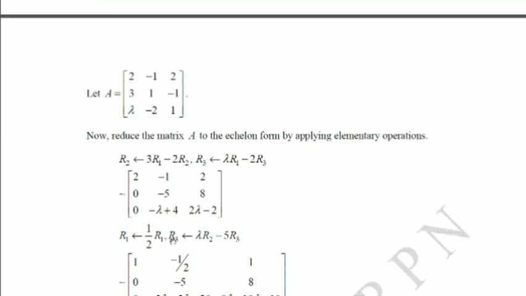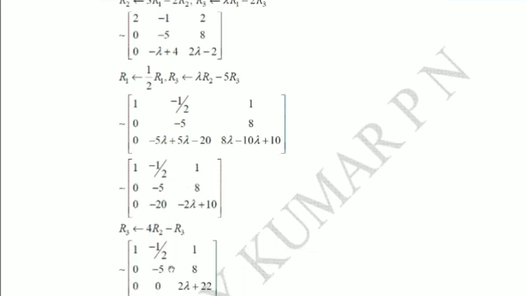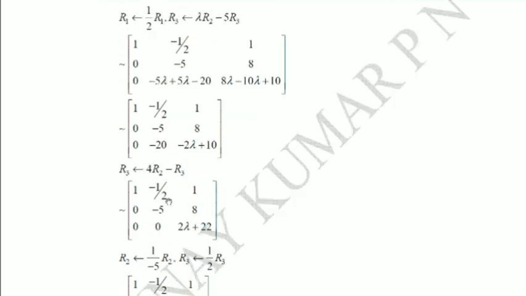Now similarly, I made R3 using this equation. Now below this we are having 0. I am dividing the first row by half. That becomes 1. And R3, I've used this one to make this lambda 0. Because minus 5 into lambda will be minus 5 lambda, and minus lambda into 5 will be minus 5 lambda. So minus 5 lambda plus 5 lambda becomes 0. That will be easy for me to calculate this. Then as usual, I'll make this one as 0 by subtracting. Then we'll get this much. So this is your equivalent system of equations.